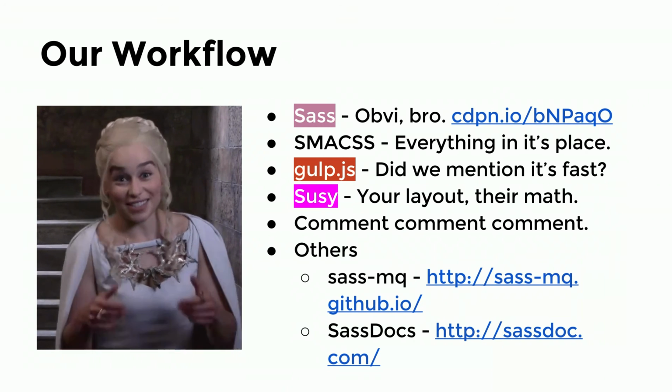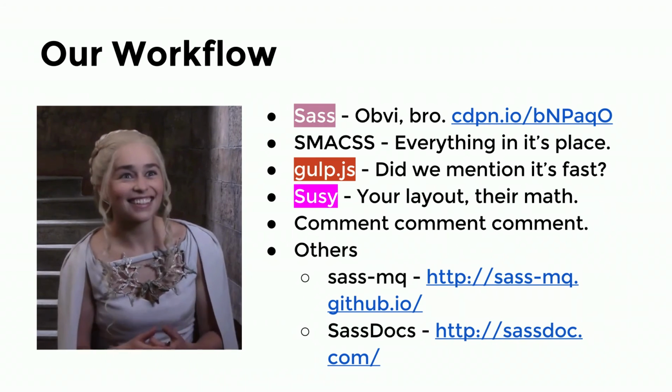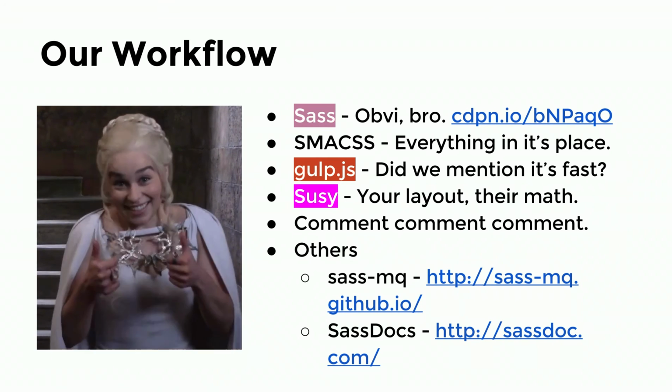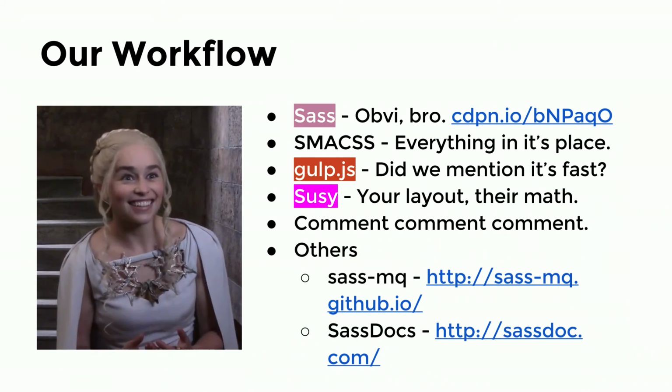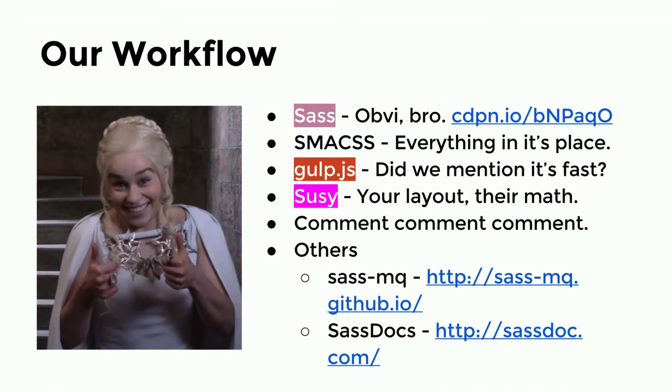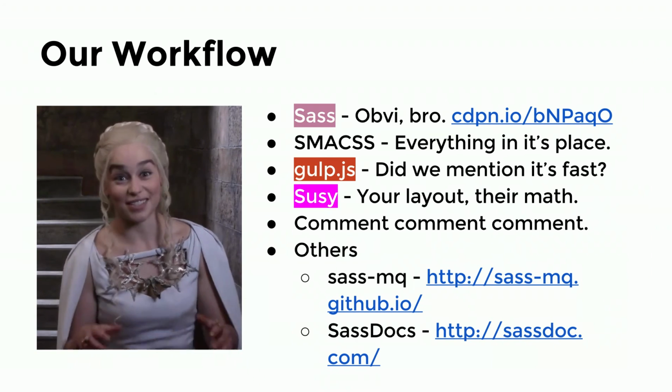Or until it's literally not needed. Sass, of course, like I said, just adds clarity to everything that you're doing. We use gulp instead of grunt. It's fast. And Suzy is really rad. If you guys are Compass users, Singularity and Suzy are exactly the same. But again, we didn't like the Compass dependency, so we sort of dropped it.